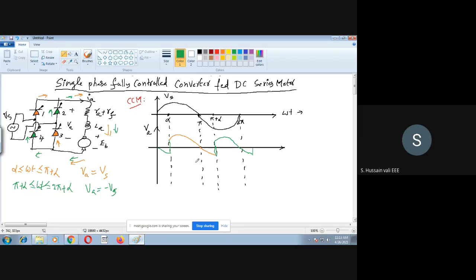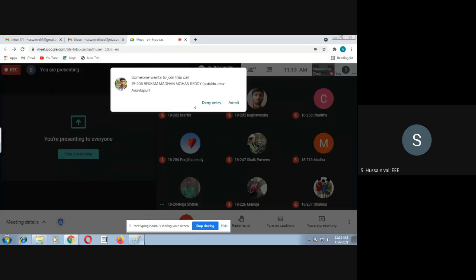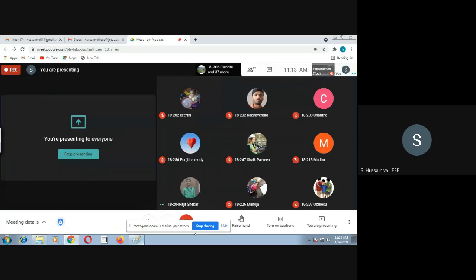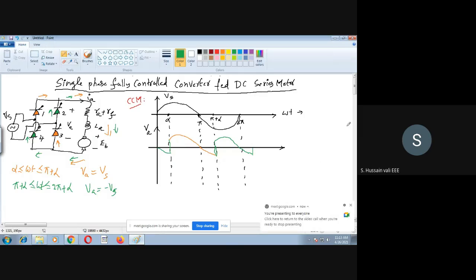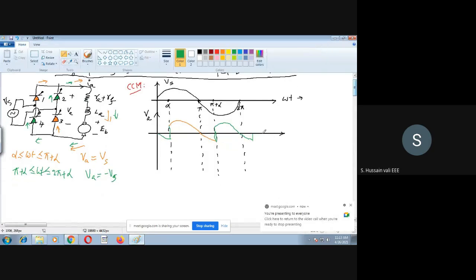So this you will find out here. Okay. So now you see here, once you understand the supply voltage and output voltage waveform, this is how you get it. Then what you need to know further is what the current waveform is. The current waveform you will get here. Okay. Simple thing.